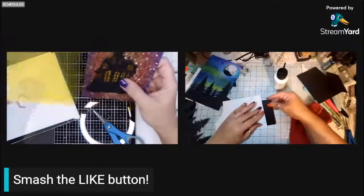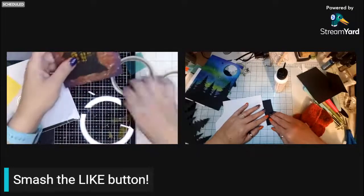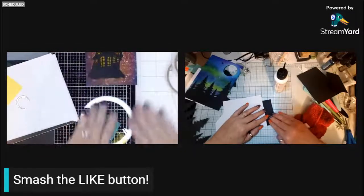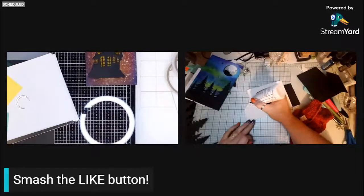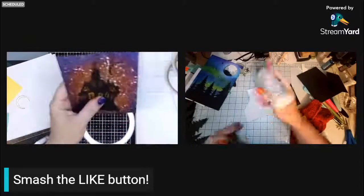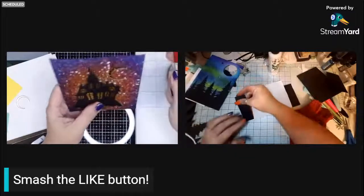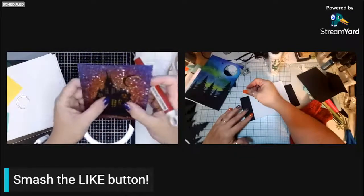Okay, so now I have to figure out how to do the lights, and then I can do some die cutting and do a graveyard in the front, because that's not hard to do. The graveyard's the easy part. She says, the easy part. Such a bad word. Okay, so I want to have one light behind the moon, and I think I want to have...